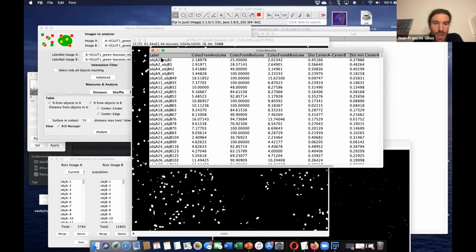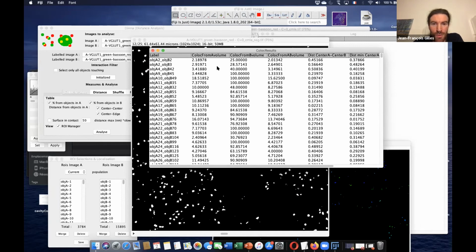There is a colocalization, or they are touching, with object 2 in B. It performs the overlapping and distance between every object in the image.